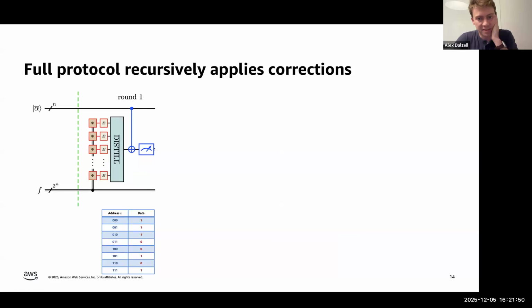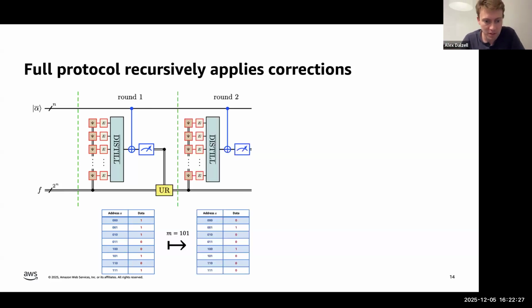Then we can see what happens in our full protocol through this iterative process, where in this circuit I've shown what we've explained so far. We have an arbitrary state alpha, and some classical data set F on 2 to the n, encoding 2 to the n data items. We prepare our physical state, we encode that state, we distill that state into an encoded high fidelity quantum RAM resource state. We teleport that resource state in and we receive a measurement outcome. And that measurement outcome requires us to do a correction, which we compute classically with our update rule.